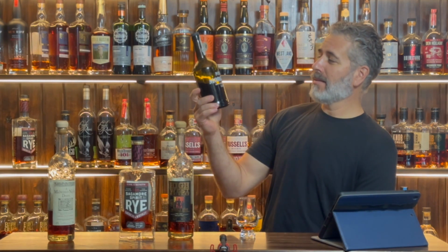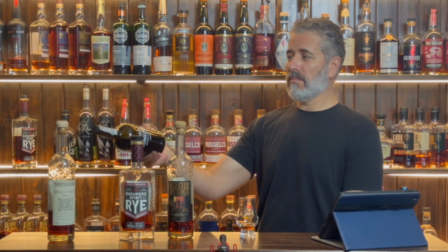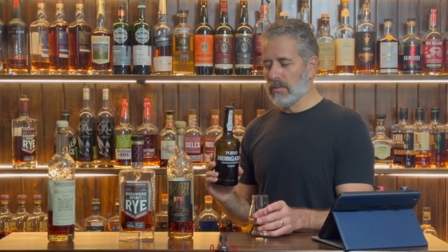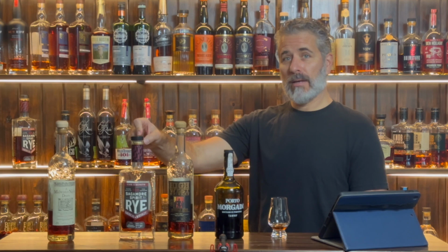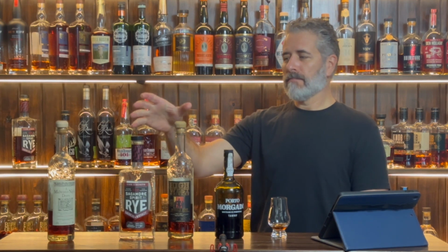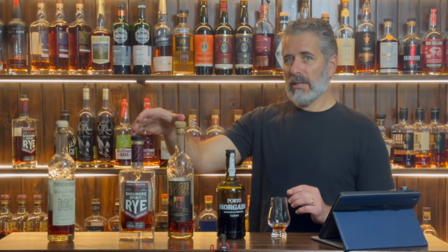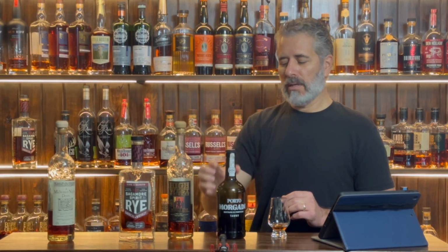We're going to add this tawny port. Now I believe this is aged in a mixture of tawny and ruby port barrels. I just had this tawny port, so that's what I used. But what you do with the blend is, if you do 2 parts Sagamore, 1 part of this High West, then you're going to say